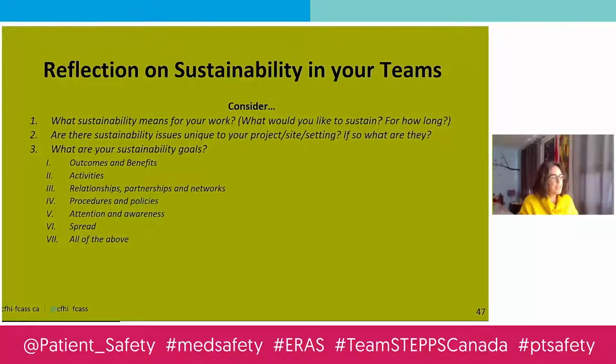And so when you're with your teams and you're reflecting on sustainability of your own initiatives, I think it's important to think about what sustainability means for you and the work that you're doing. What do you want to sustain? For how long? Are there any sustainability issues that are unique to your project, to your setting, to your population? And what are they? So it's important to talk about them, to identify them, and make sure they're part of